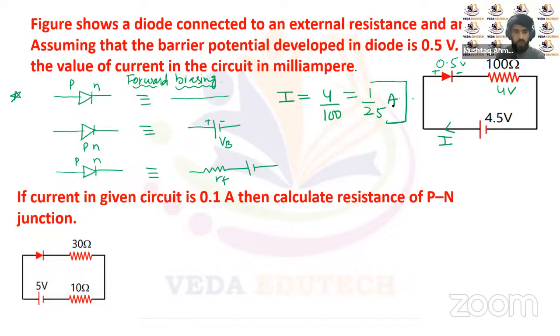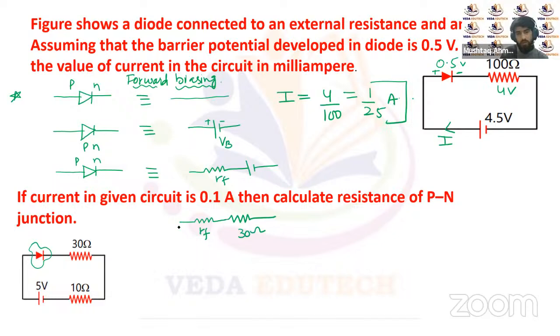in this P-N junction diode. Now, if the current in the given circuit is 0.1 ampere, then calculate the resistance of the P-N junction, right? Since there is no barrier potential given in this diode, we will assume that the barrier potential of this diode is zero. But there is a resistance offered by this diode. Let's suppose we replace the resistance of this diode with RF,